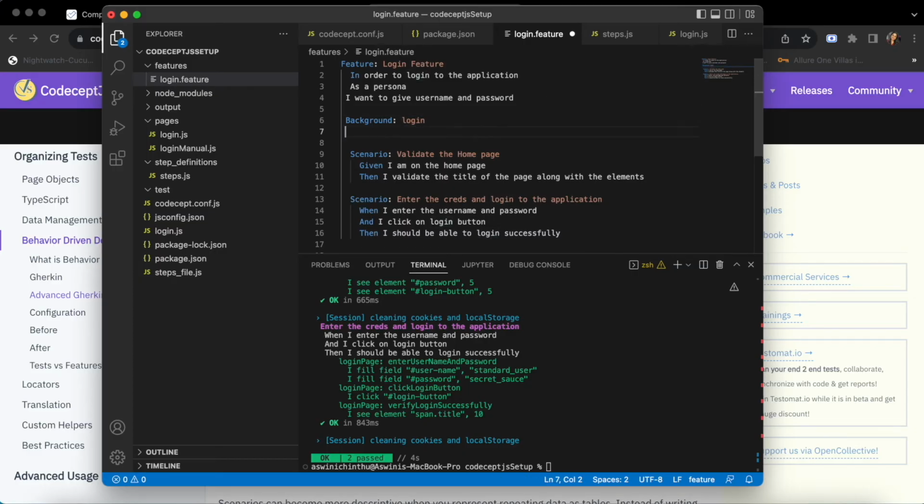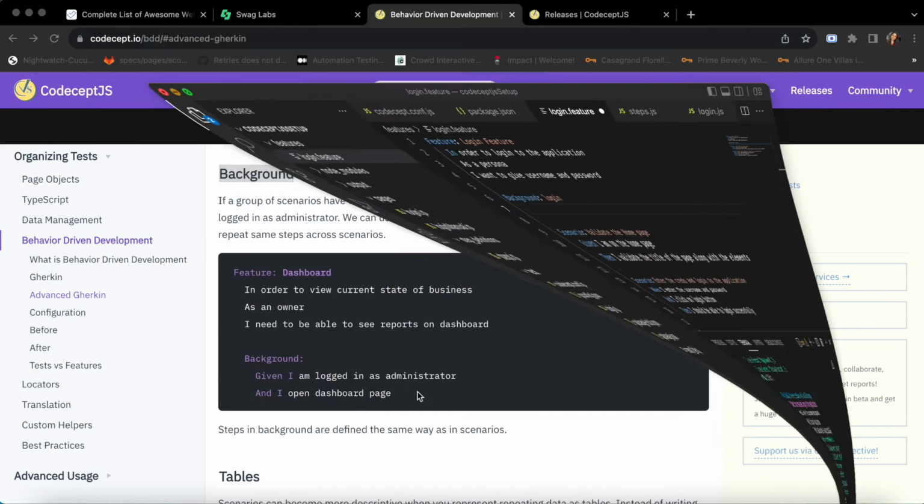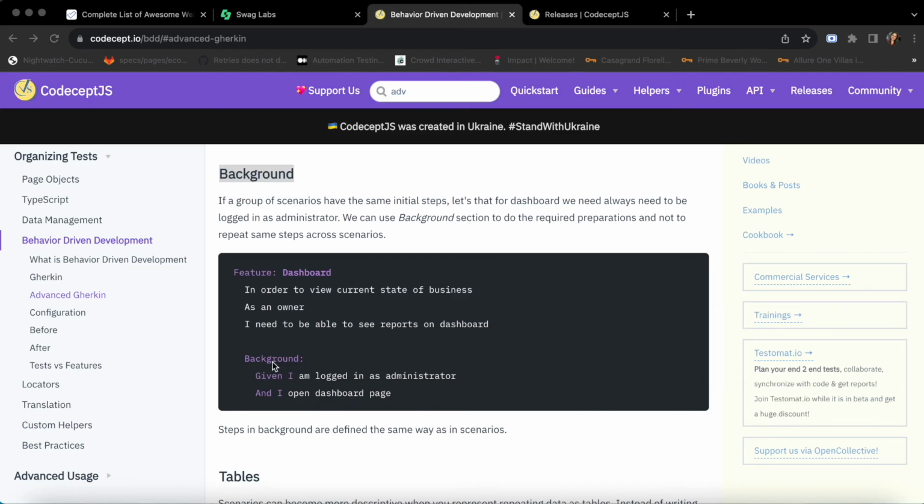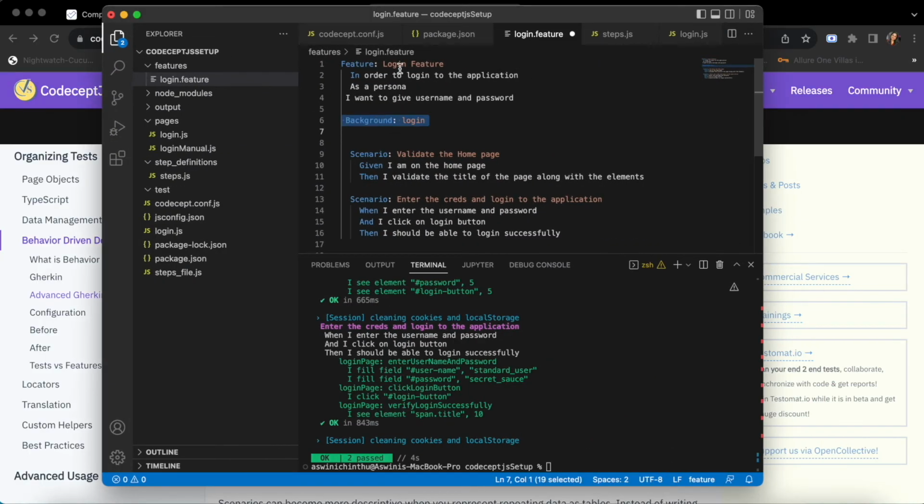So instead of scenario, you keep it as a background. Whatever steps we have written under the background, CodeceptJS is going to consider them as repetitive steps before